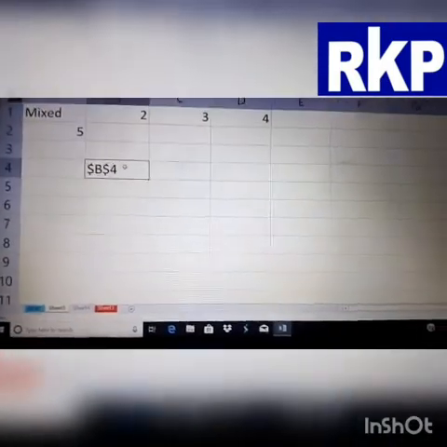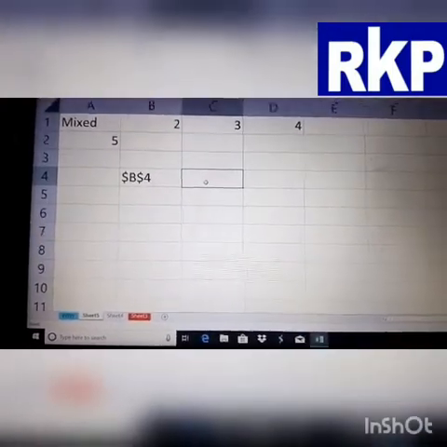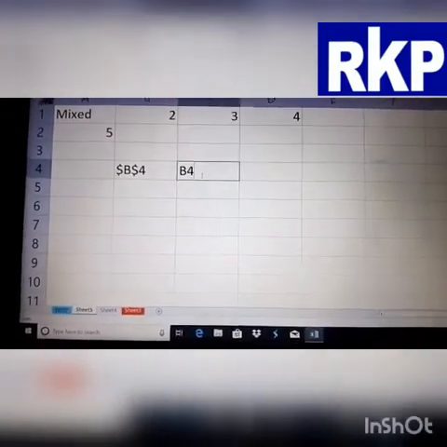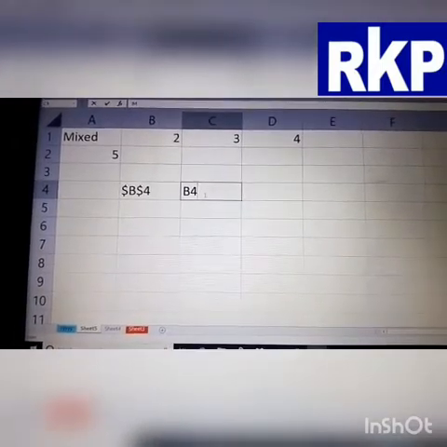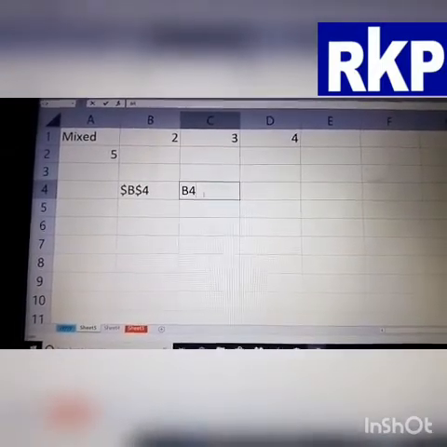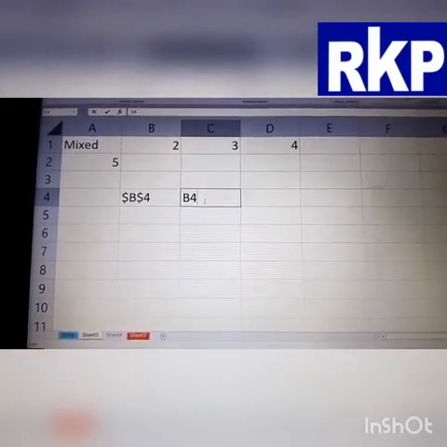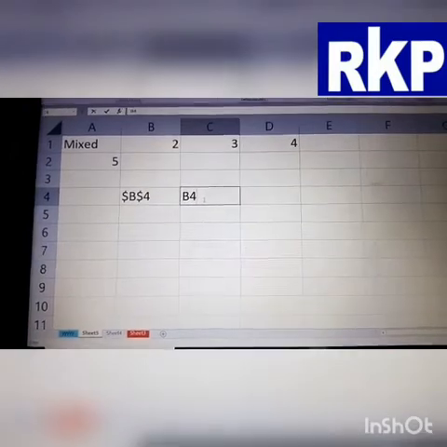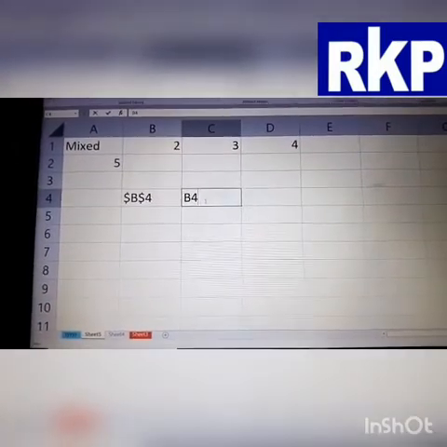In case of B4, B is the column and 4 is the row, and both are relative. B is changeable and 4 is also. If you drag the series, then in place of B, C will come, and in place of 4, 5 will come, then 6 and 7, and D, E, F, like this.